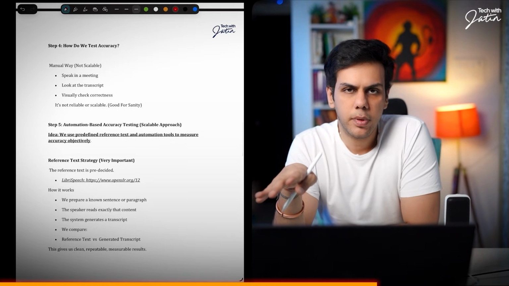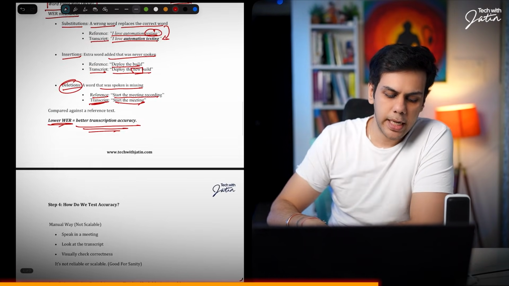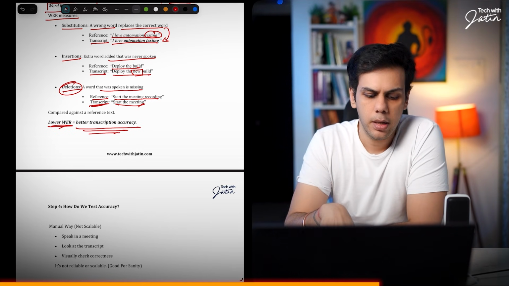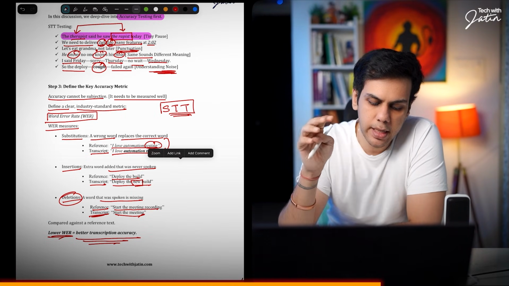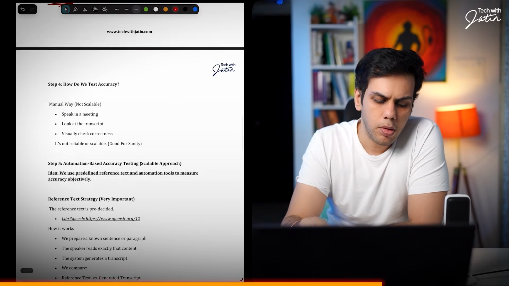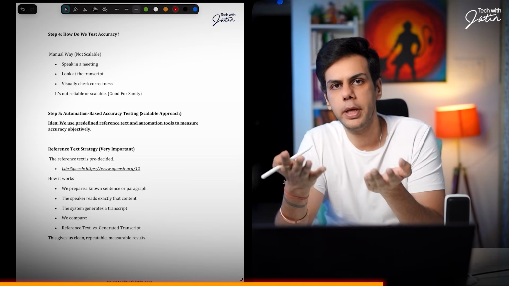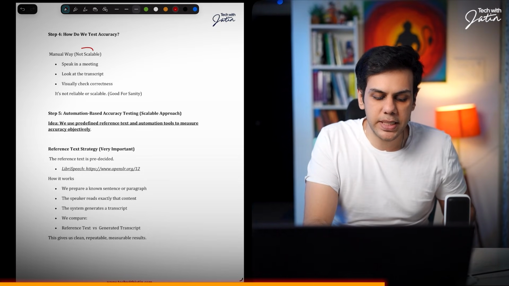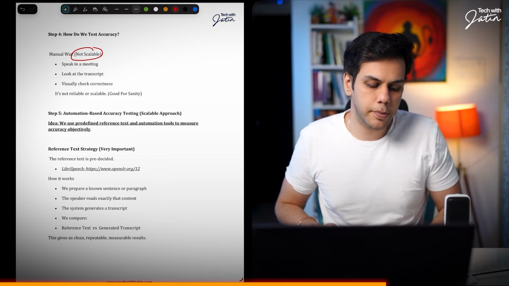Now, the thing is, how will we be testing this accuracy? Because we have defined that we want a lower WER rate. So how to test this? Right now, it was just the metric that we defined, that we will be checking the STT based on your lower WER. Now, to test this accuracy, you can do it in two ways. Either you can go for manual or automation. We'll first focus on manual testing, which obviously will not be scalable in the long run, but for an initial start, it is going to be a good approach.